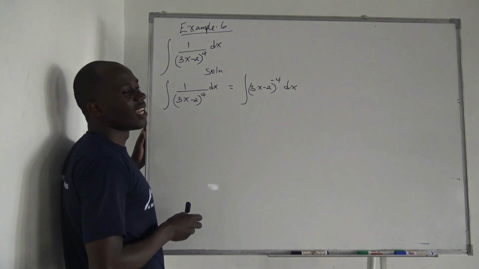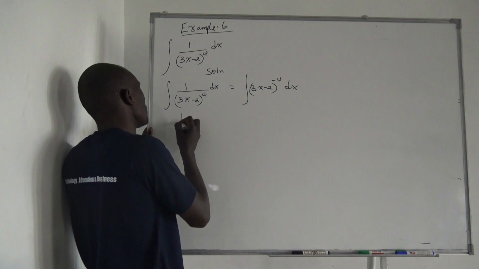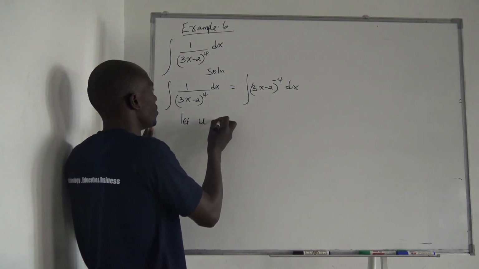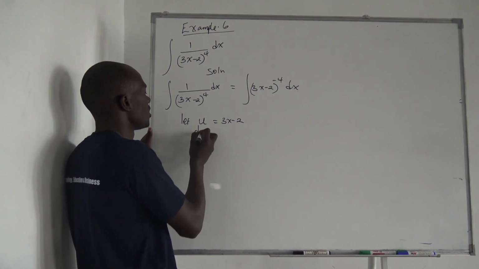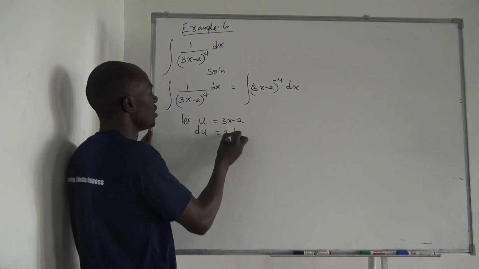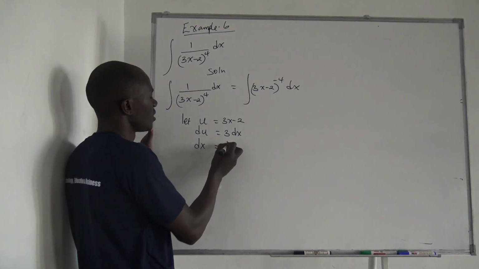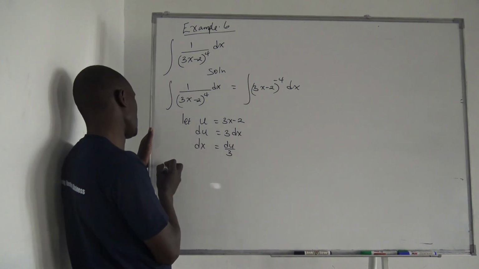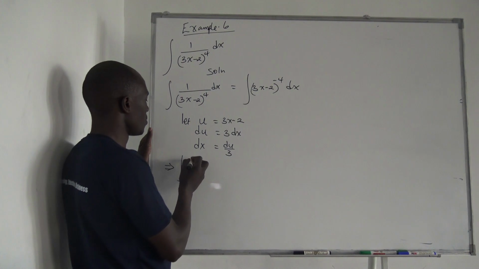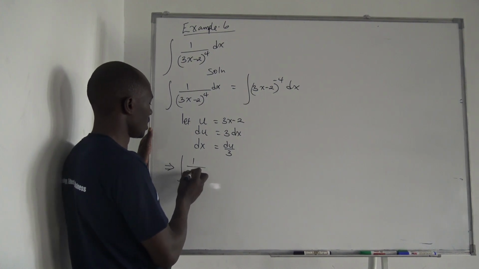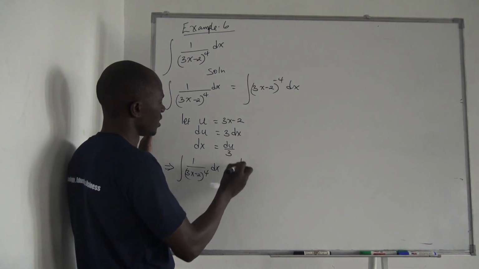Go ahead. The number which is being raised to the power of negative 4, call it u. We say let u equals 3x minus 2. Can we differentiate? We get du equals 3 dx. Make dx the subject. What is dx alone? It's going to be du out of 3. This implies that integral of 1 out of (3x minus 2) power 4 dx is the same as integral of